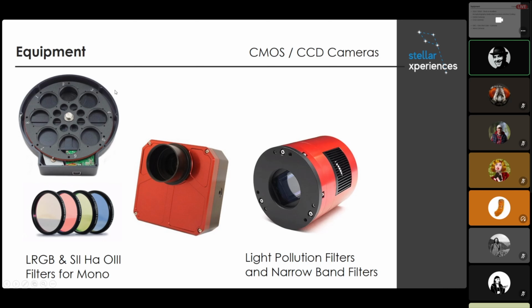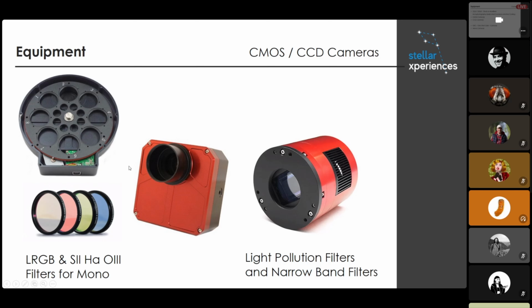Using this software, you can create sequences, and you can say to shoot, let's say, 50 L frames. So this filter wheel will change the filter, and it will bring L, and it will shoot 50 frames,